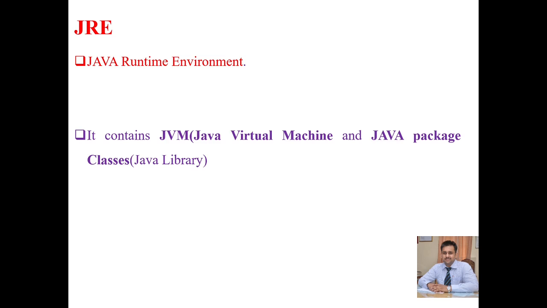JRE stands for the Java Runtime Environment. The JRE is an on-disk system that takes your Java code, combines it with the necessary libraries, and starts the JVM to execute it. The JRE contains libraries and software that your Java program needs to run. As an example, the Java class loader is part of the Java Runtime Environment. It also contains the JVM, Java Virtual Machine, and Java package classes.